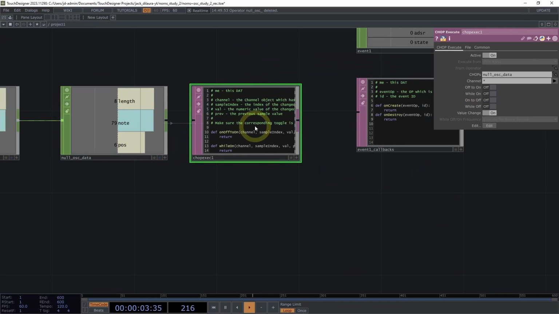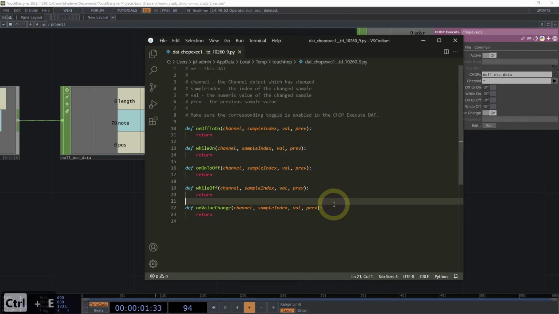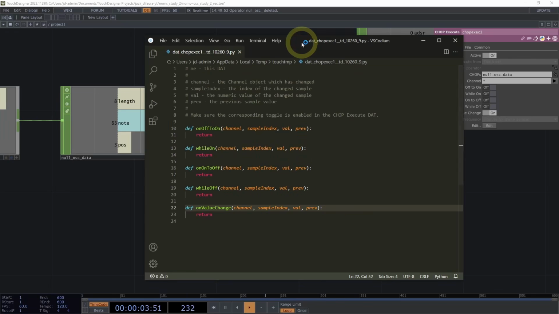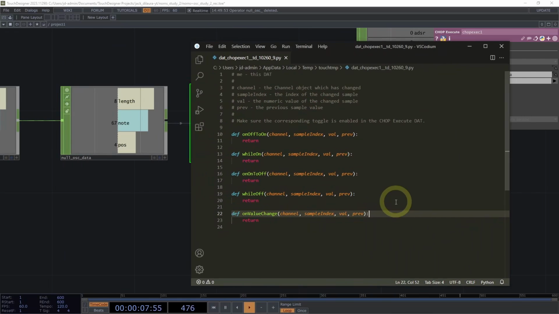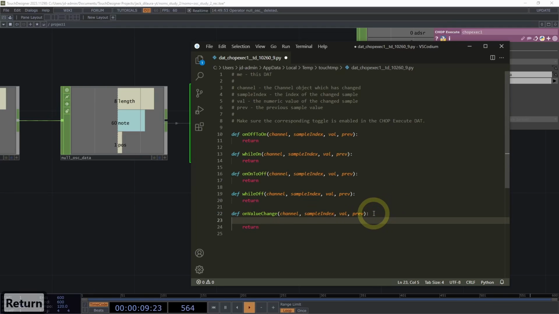Next up, let's open this in an external code editor by hitting Control E. Great, so we're going to be working exclusively within this onValueChange function. So what I want to do is to trigger the creation of a new event every time this position value changes. So within this onValueChange function, I'm going to use an if statement to parse out the names of the channels here and select the one that I want, which is going to be POS. So if the channel.name